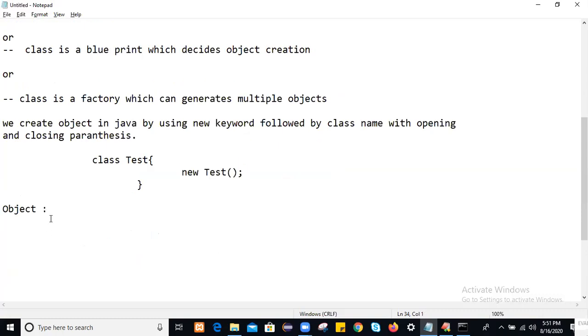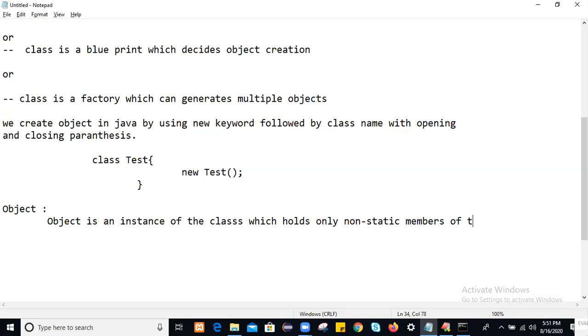So how will you define an object? We define object like this: an object is an instance of the class which holds only the non-static members of the class.